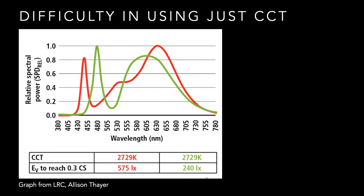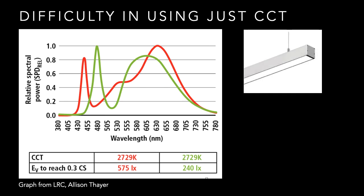One of the difficulties to correctly specifying circadian lighting is the fact that different lights can have the same color temperature with entirely different spectrums. This graph shows the spectrum of two different lighting fixtures, both with the same color temperature of 2729 Kelvin. The fixture on the top with the red graph requires 575 visual lux to produce a 0.3 circadian stimulus,